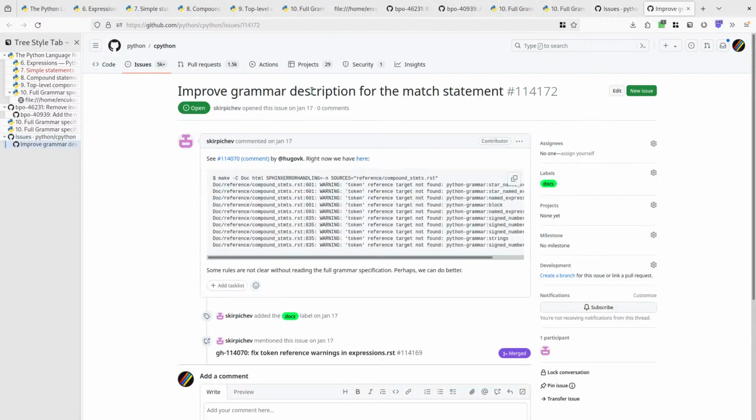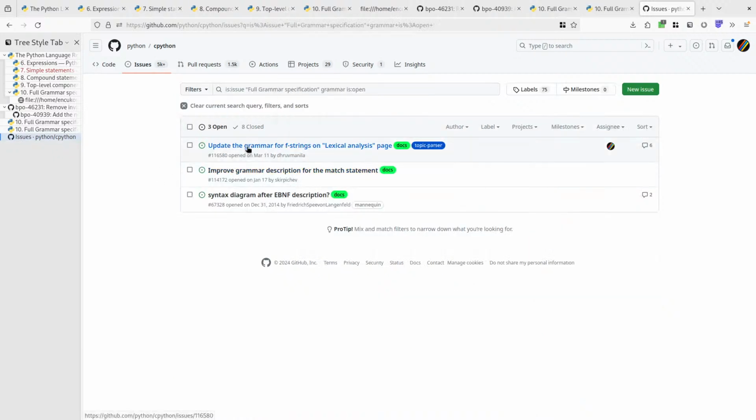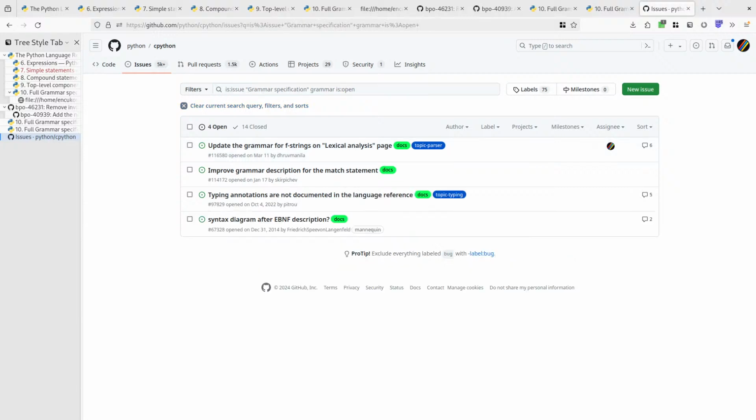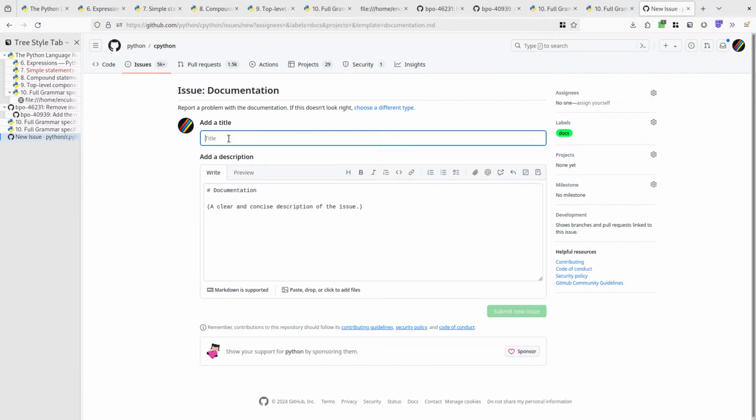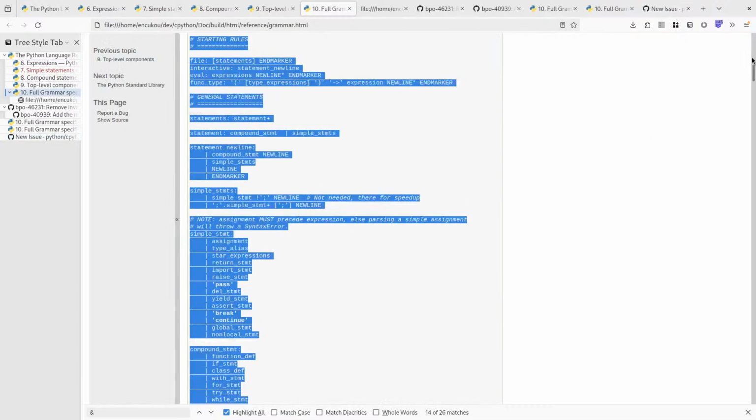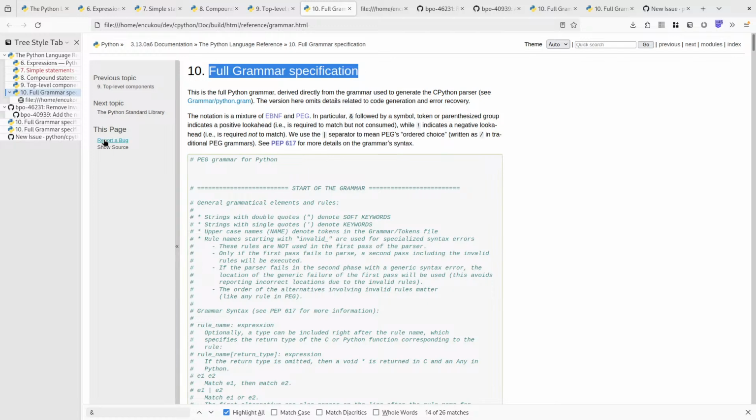Improve grammar description for the match statements. And this is something else. Lexical analysis page. Too many issues to go through. Well, I guess it's time to open a new issue and name it full grammar specification,